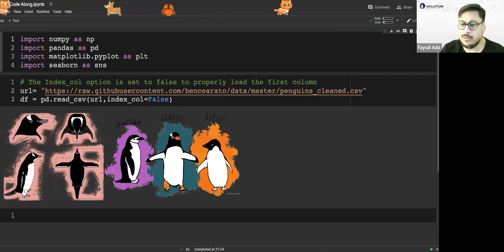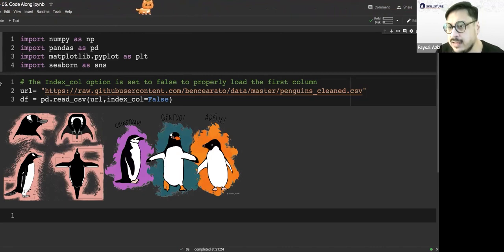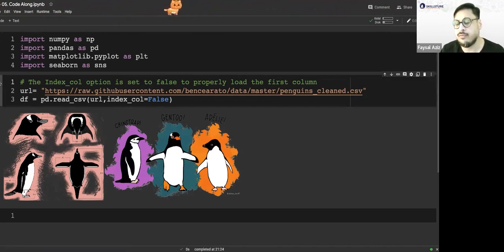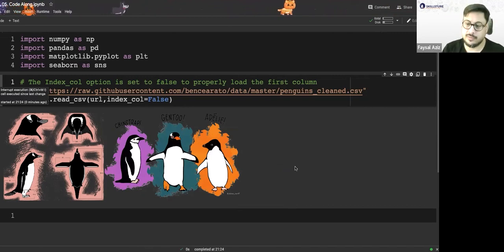And the second thing I'm going to do is load some data. What data? It's a very common data set that is used in the field of machine learning. It is a table of features of penguins.